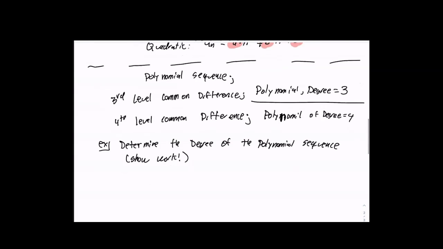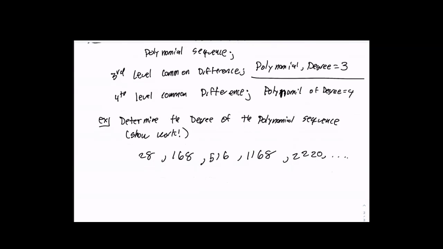So my sequence is 28, 168, 516, 1,168, 2,220, and so on. So that's my sequence. All right, so I'm going to look at the common differences. And this is basically what you're doing in your homework tonight. You're looking for common differences. So if I go my differences here, and you can use your calculator in finding these differences, I get 140, then 348, then 652,